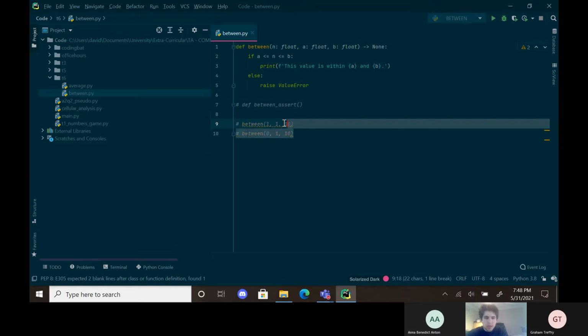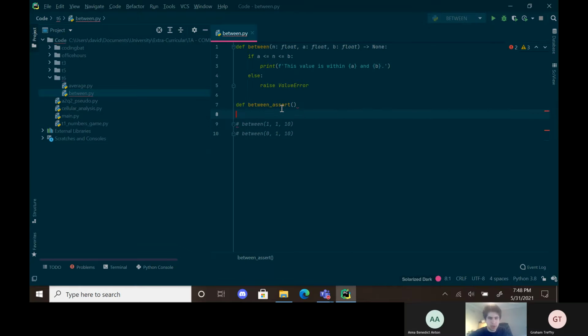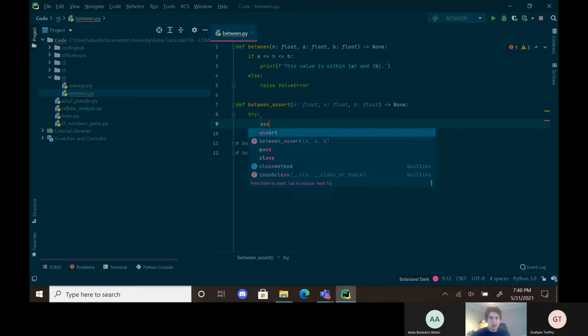Now, the other way we could do this, and this is just a fun way I feel like showing, it's quite similar actually to what we had before, but we can combine the try with this instead of an if statement. So what we can do is we can say try, assert, assert that